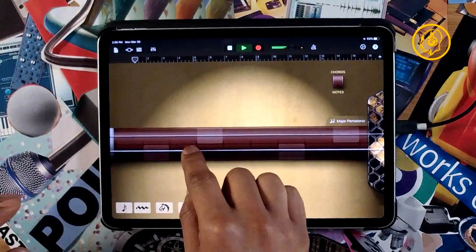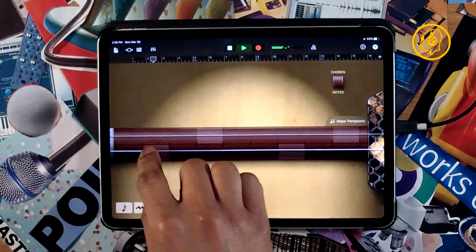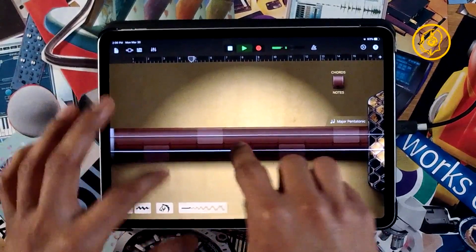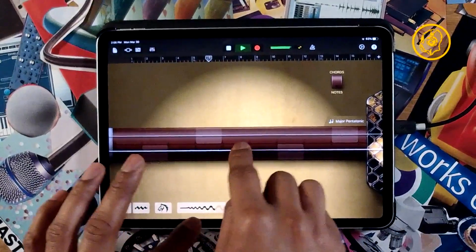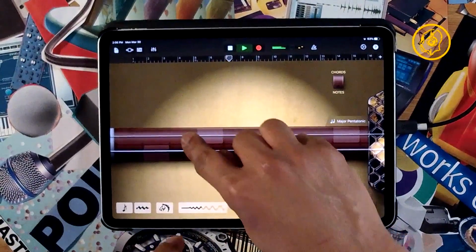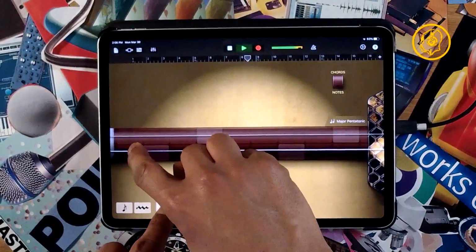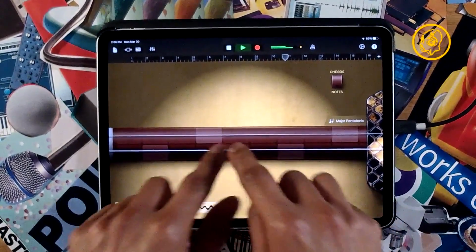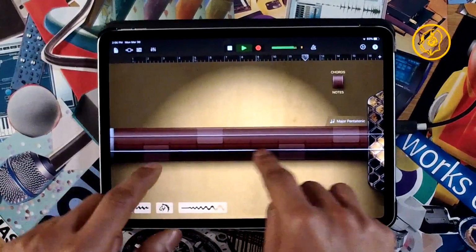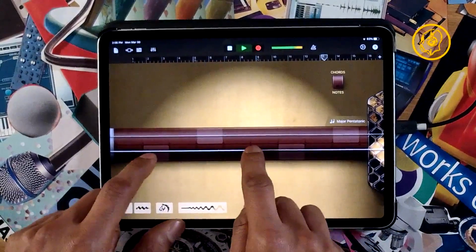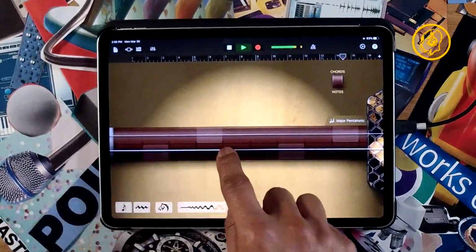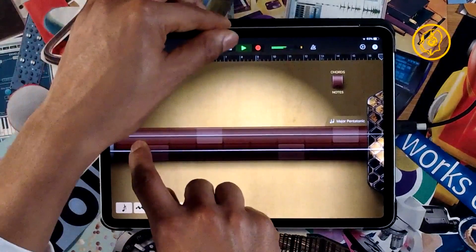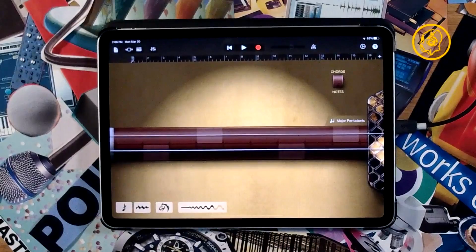Here we go. I encourage you to jam too, right?